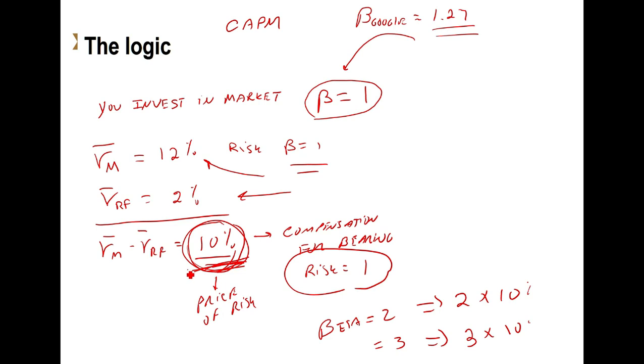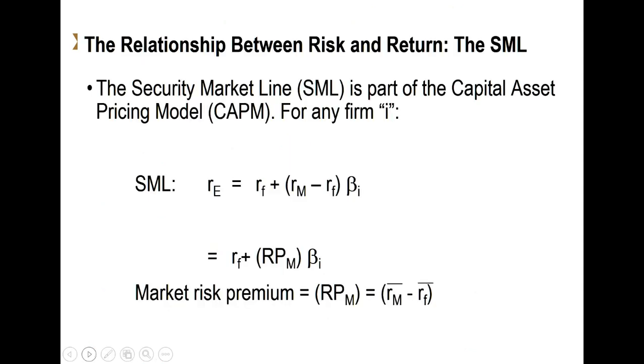Now this has a very specific name. I'm calling it the price of risk, but the official name is the market risk premium. I hope this logic makes sense to you, so that now I can present the actual model. The actual model looks like this. This is called the CAPM. The official name is security market line, but you will hear most people talk about it as the CAPM. So for any firm i,